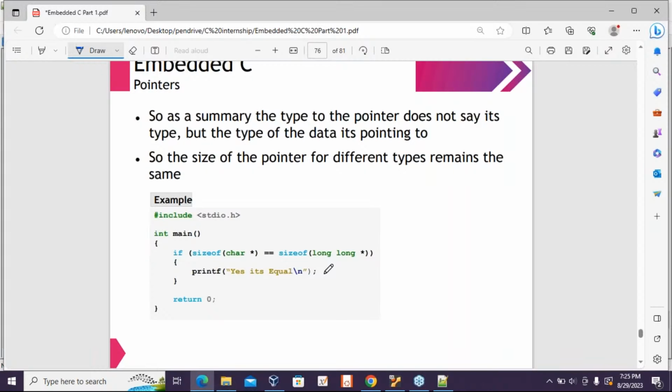Now, why will I use a character pointer? I will use a character pointer whenever I have to store the address of a character. Similarly, I use a long pointer whenever I have to store the address of a long integer. Now, both of the pointers are meant to store addresses. I understand they are addresses of different variables, but they are meant to store the addresses itself. The size of the